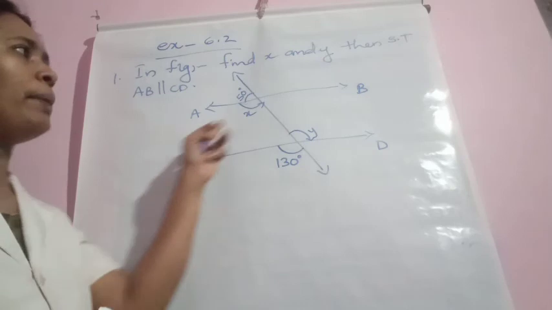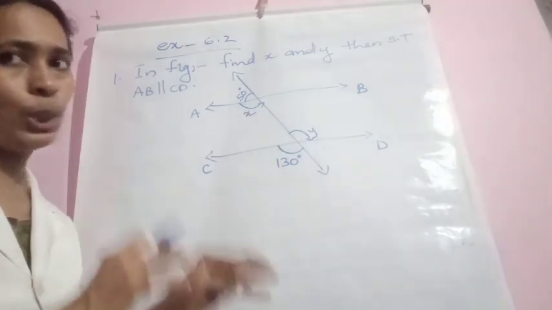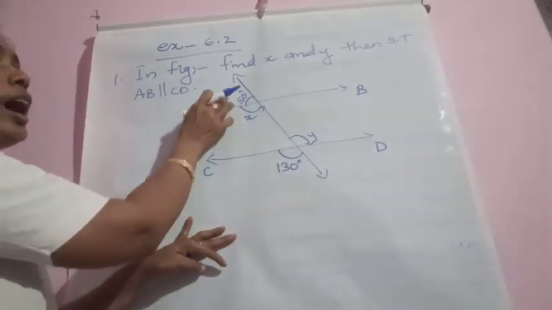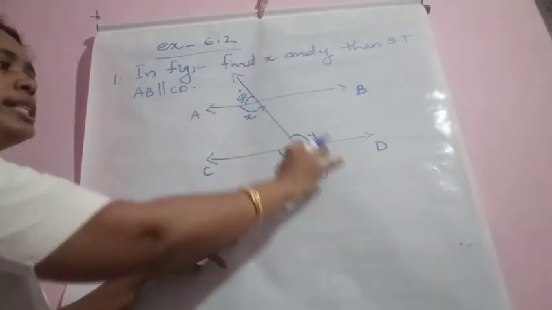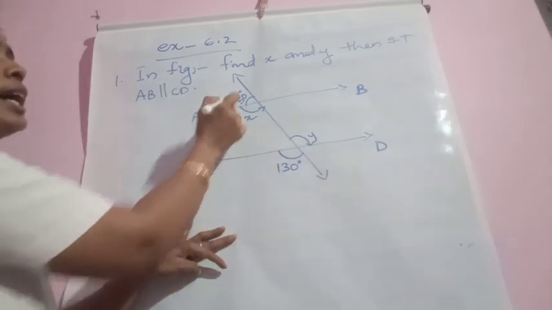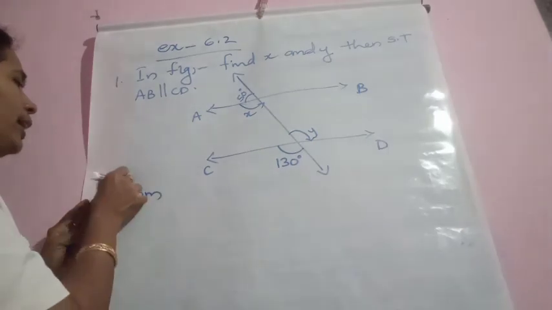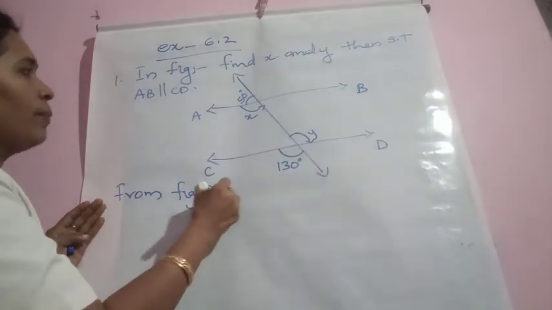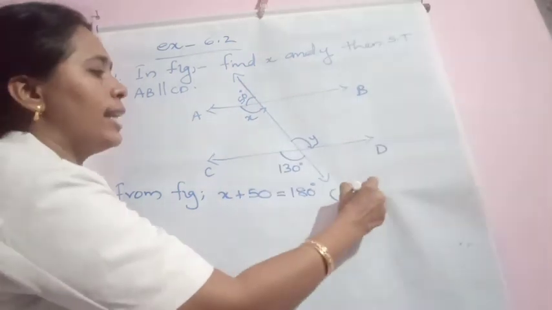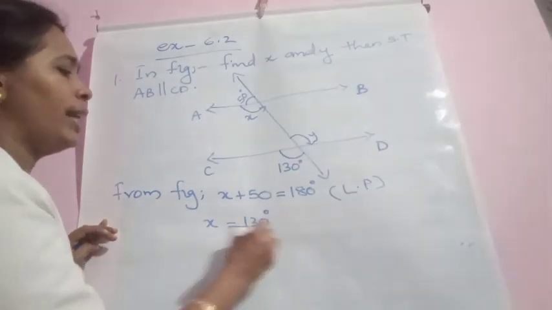By the figure itself, AB is a straight line, CD is also a straight line. By seeing, they are parallel, but we have to show the same. For that, look here, x and 50 degrees. They are adjacent and they are lying on this line. So which type of angles are these two, x and 50 degrees? It's very clear to you. From the figure, we can write x plus 50 degrees equal to 180, since the reason is linear pair. So we can write x equal to 130 degrees.